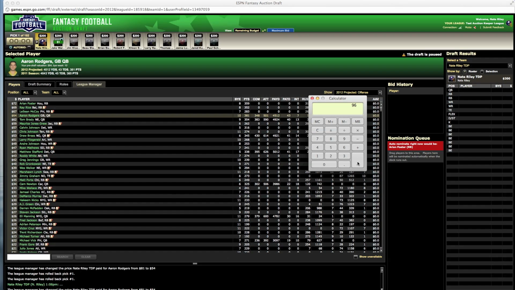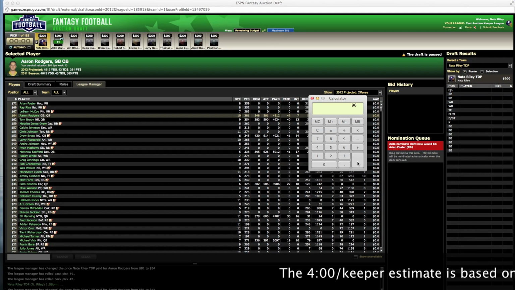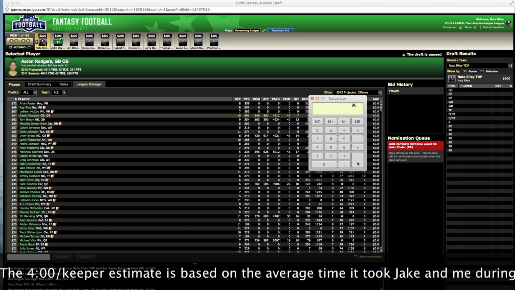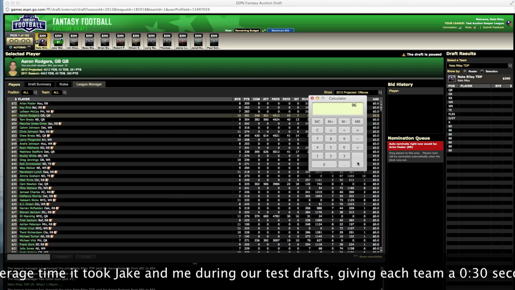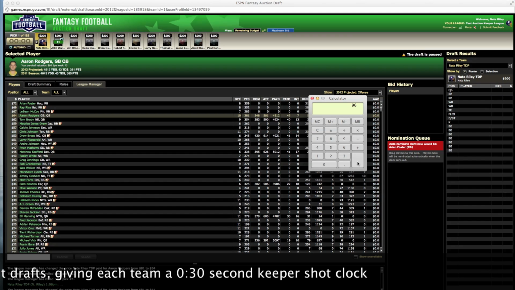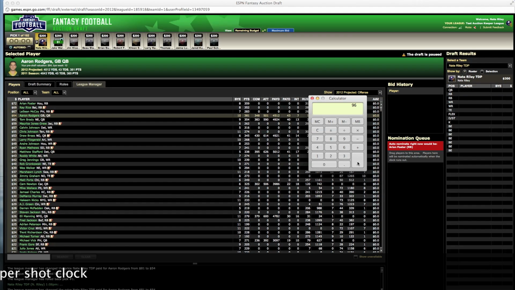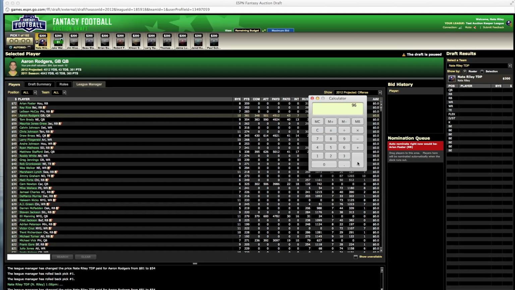Jake and I sort of toyed around with the idea of having a keeper shot clock, so once the bidding concluded for a player, we were going to give you either like 15 seconds or 30 seconds to make your decision, but then again, that's adding time to the draft, and that's adding a burden on Jake and I because we would have to independently time each of you, say, okay, 30 seconds starts now, count out the 30 seconds or use a stopwatch, whatever, and then at the conclusion of that 30 seconds say, okay, you haven't made a decision yet, so we're going to release the player to the highest bidder at that point. And then finally, it just relieves a huge burden on Jake and I to manage thousands of small details during the draft, in addition to managing our own teams.